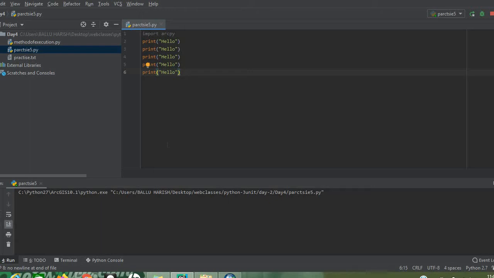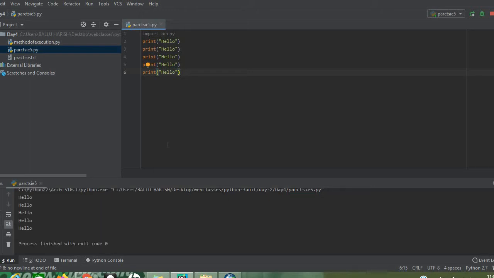Debugging means source code is getting converted to the object code, that is machine code. High level languages will be converted to a language which will be understood by the machines. Here if you see, you have got the output five times. Why? Because you have mentioned the print statement five times. This is one method of execution of a program in PyCharm software.